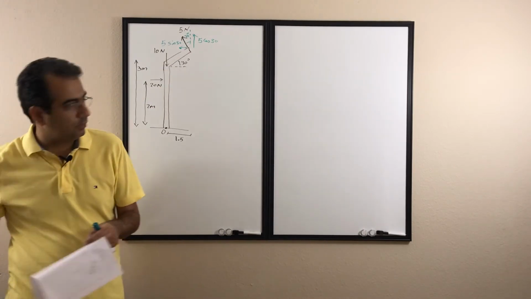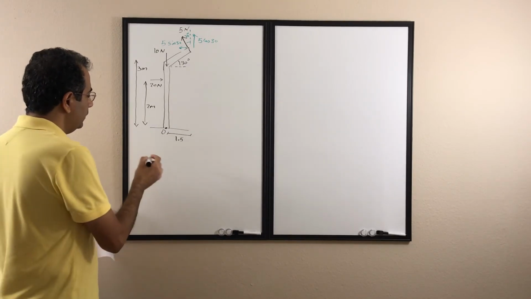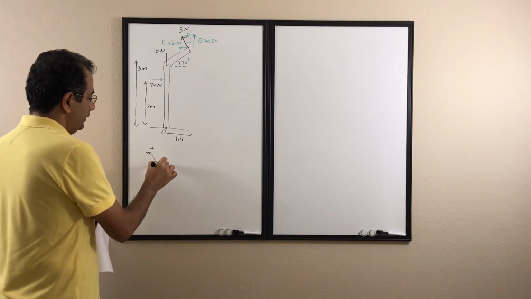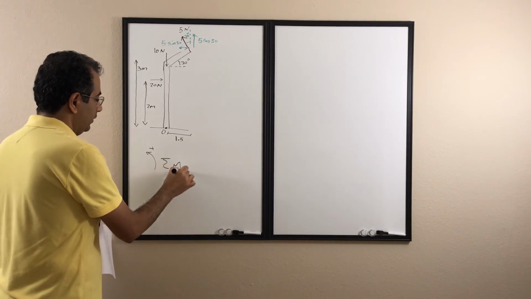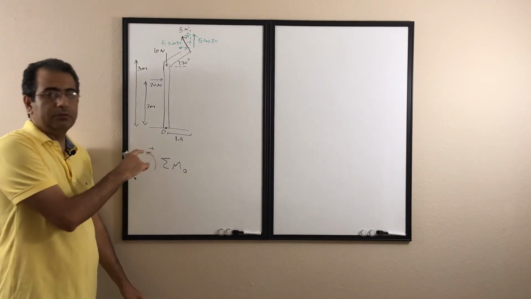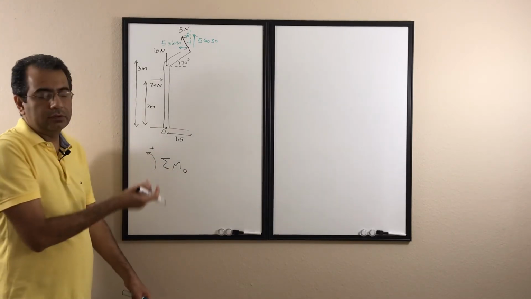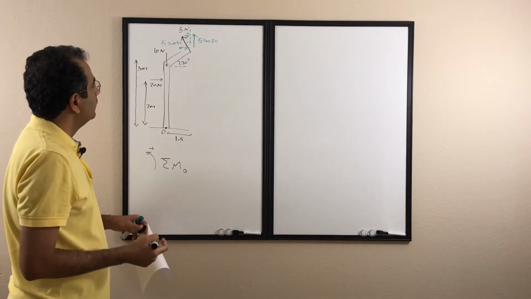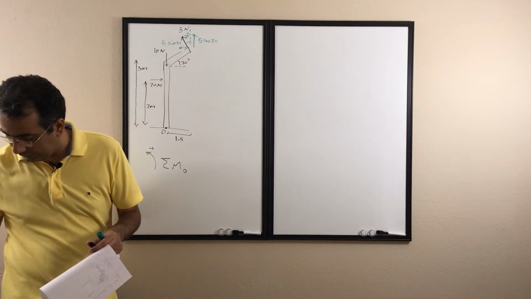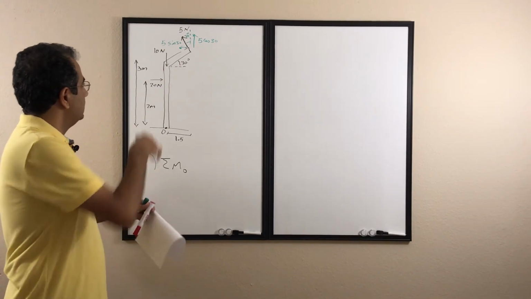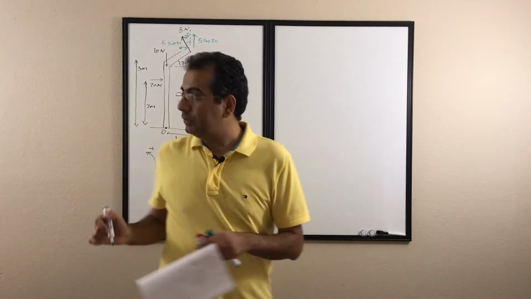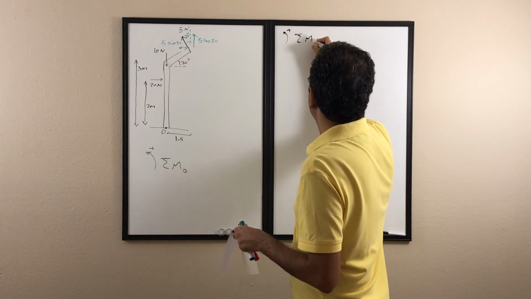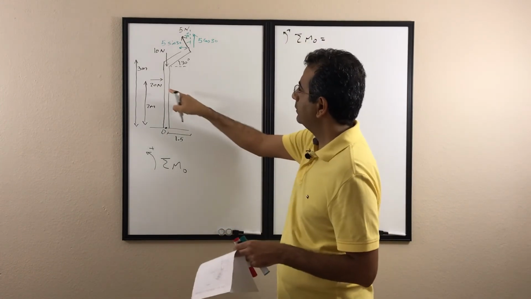After that, we are going to start to find the moment about point O. The first thing, again, define the positive direction, and then we're going to find all the moments about the point O. The positive direction, as I said before, I consider counterclockwise to be positive, and then I'm going to start to write the forces one by one. So let's start from the 20 Newton here. I write it here: positive sigma M_O is, for the very first,